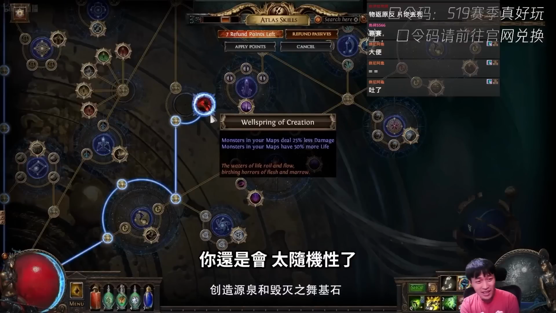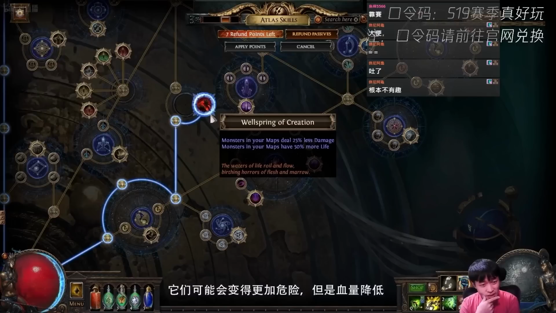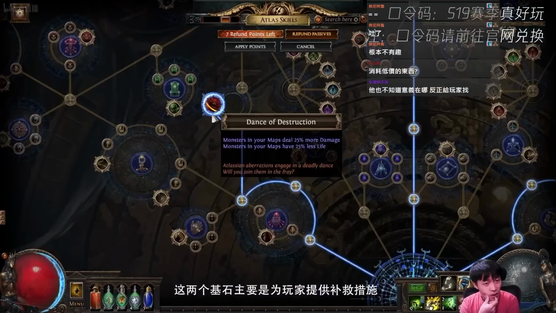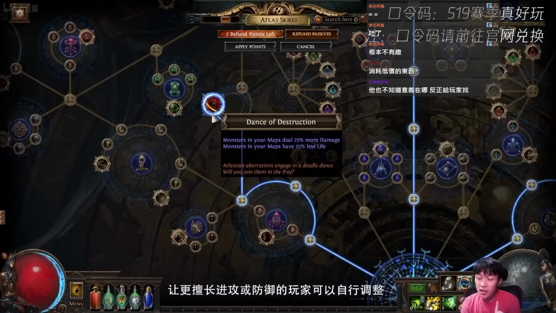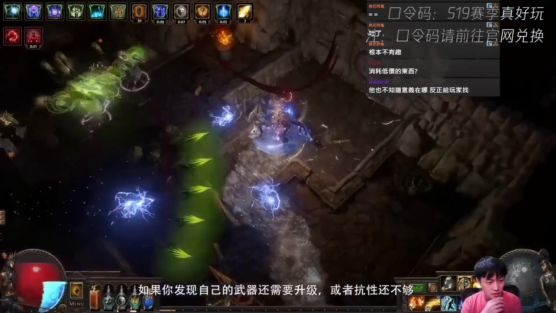The Wellspring of Creation and Dance of Destruction keystones change the ratios of monster life and damage in maps on the Atlas, so that they are more dangerous and less tanky, or vice versa. These 2 keystones are designed to be remedial, allowing players with an abundance of offense or defense to normalize themselves so they can handle the content better. If you find yourself in a situation like